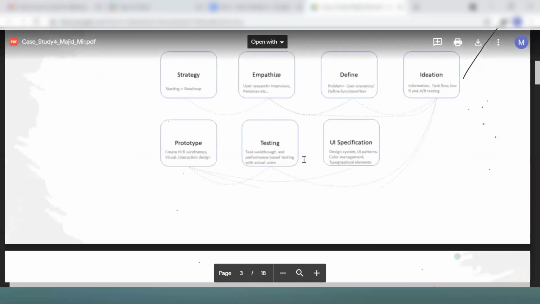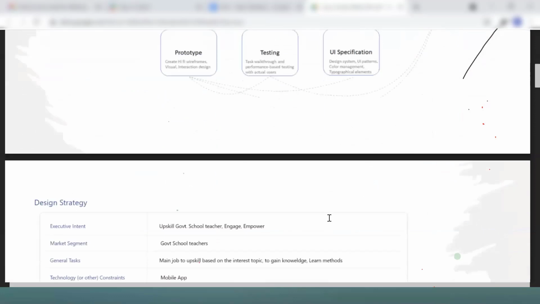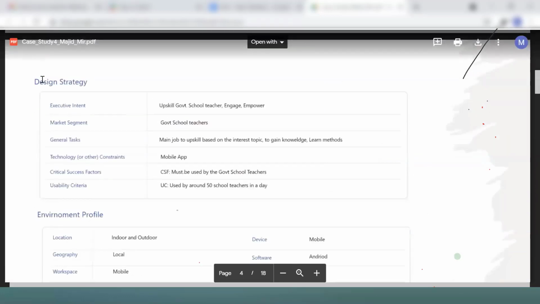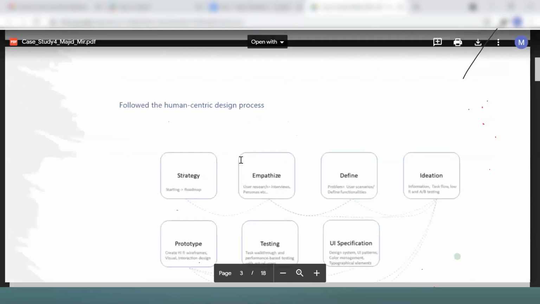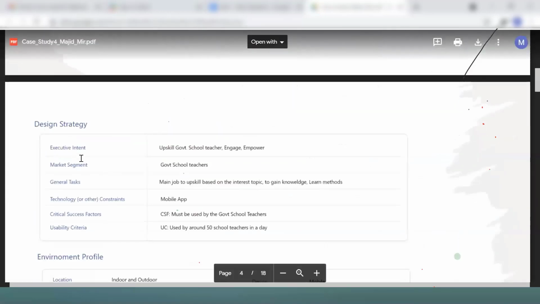This is the same user-centric design process which we have. Let's do the design strategy, which is the first cycle here. You have an executive intent, and you understand what the business requirements are. You have the market segments and the main general tasks, and you create those tasks.